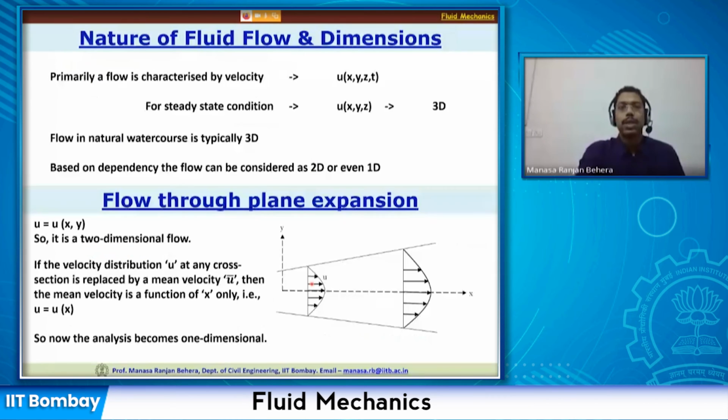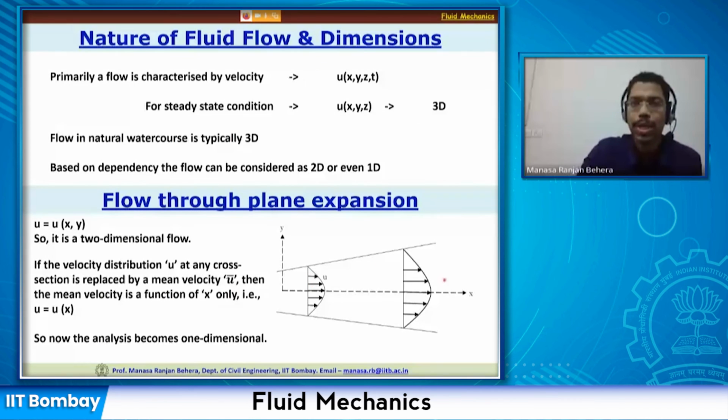All right. Now let us also understand the nature of fluid flow and the various dimensions. We already know that any physical problem can be defined in 3 dimensions: X, Y, and Z. Sometimes for understanding or calculations we also have another dimension, that is time, how things are changing in time. So now it is 4 dimensions, but most of the time we don't account for time. We mostly consider a steady state condition and call that 3D. So let us say you have a flow that is steady state, with X, Y, Z directions.